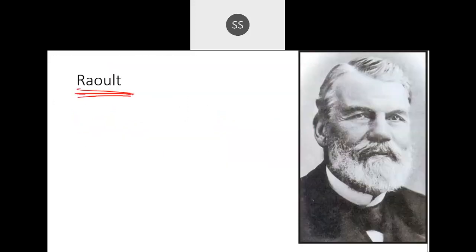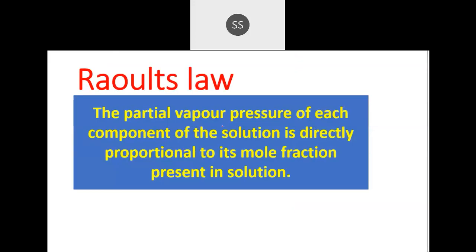So we have Raoult's law saying that the partial vapor pressure, the vapor pressure of one liquid, one component, is called partial because, depending on the moles, 50% is because of one component and 50% because of another. So we call them partial. The partial vapor pressure of that component is directly proportional to the mole fraction present in the solution. It is similar to Henry's law that you learned yesterday, but Henry's law was for gases. Raoult's law is just a modification of that, taken for 2 solvents. So your partial vapor pressure is directly proportional to the mole fraction.